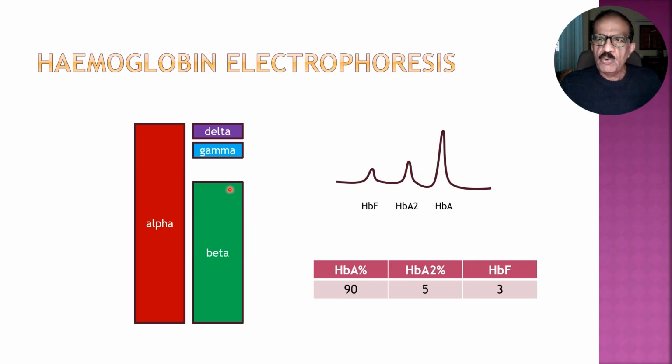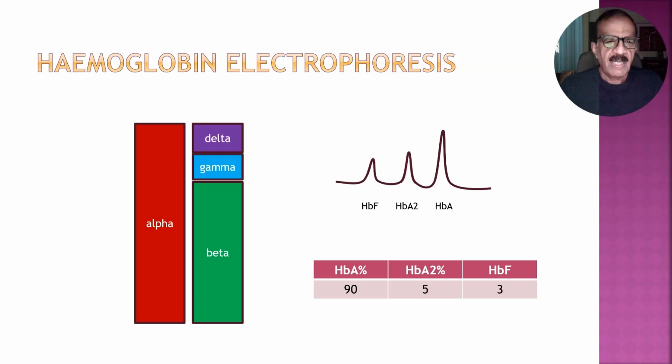But you must have increase in gamma and delta to balance the alpha chain. So see, gamma and delta has increased to fill the gap because alpha chain and all 3 other chains taken together must